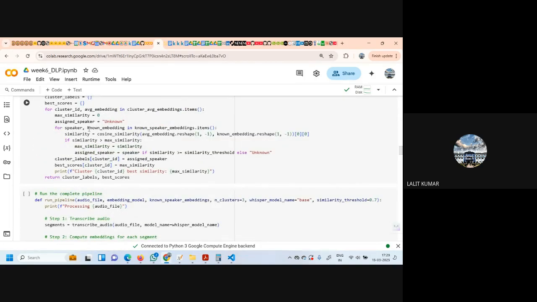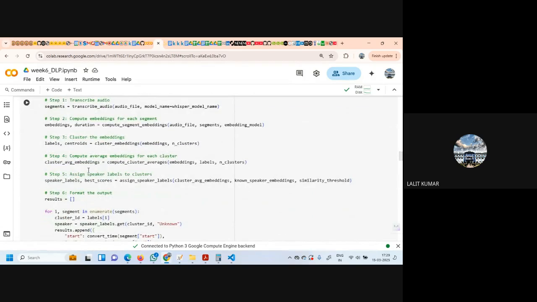Now for speaker, known embedding in the known speaker embeddings, which we got from the previous function, we define the similarity, which is a cosine similarity between the average embedding reshaped and the known embedding reshaped. If the similarity is more than max similarity, then max similarity becomes similarity, and we assign the speaker to that, and we pass it. So it's a function.